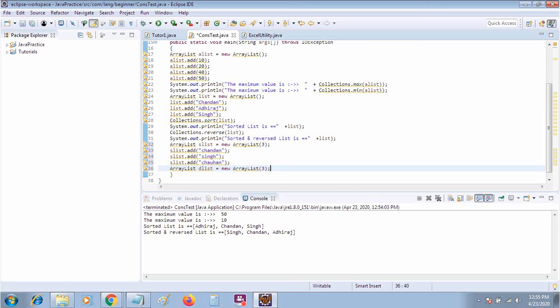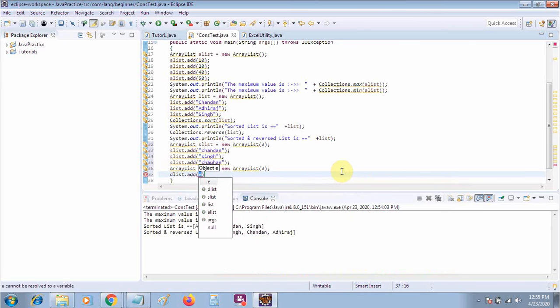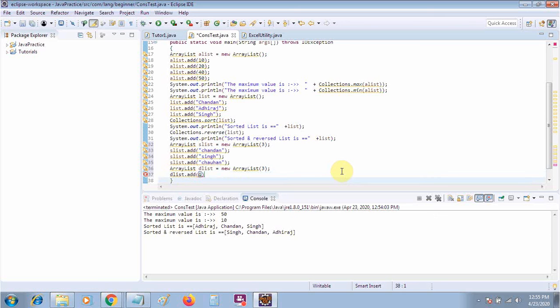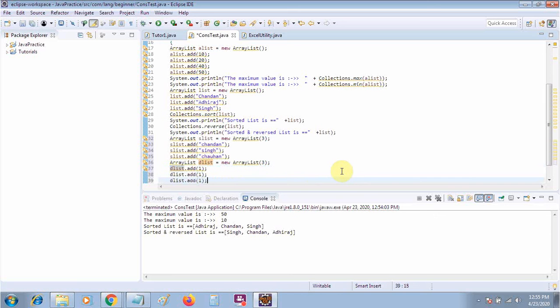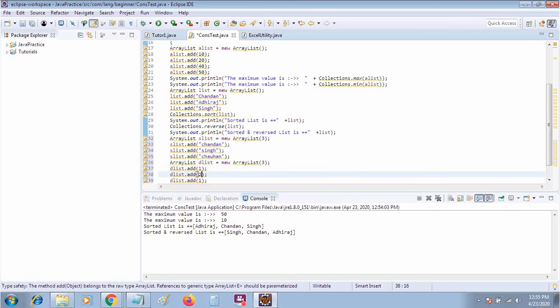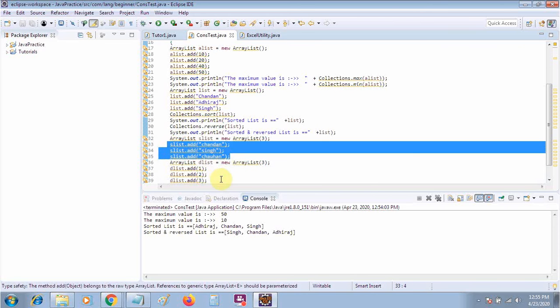Now suppose that I am adding some values here, like dList.add, and let me add 1, and then let me add another. Now suppose I want to copy all these values and paste them here.